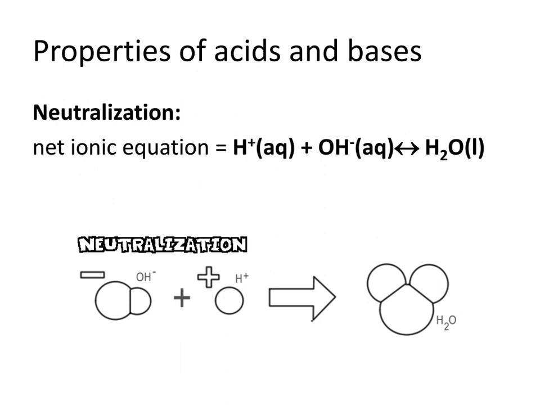Speaking of things that are soluble, we should probably touch on the things that are ions in solution. Our hydrogen and our hydroxide ions are going to be present in any form of neutralization reaction. And so typically these things will combine and they'll form an equilibrium with water. And so this is the basic net ionic equation. Remember, net ionic means basically what's coming out. And so anything that is aqueous would kind of be an ion still in solution. And so that's why the salt particles, for example, any kind of metal or non-metal involved in the neutralization reactions,